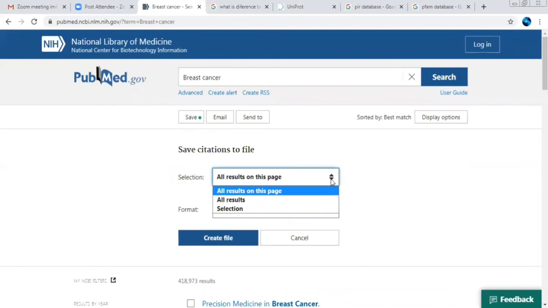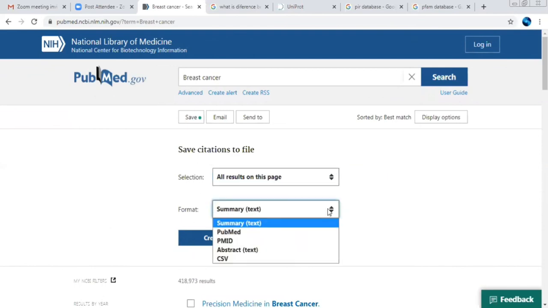Or if you don't need only 20 but all the data that is given based on your search, the all results option has been given, and the selection option has also been given to you. So you can save in the form of summary text format, or PubMed, which has been listed as PubMed data, or you need only the PMID.